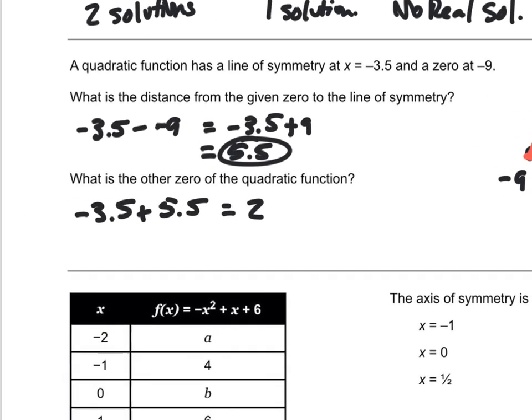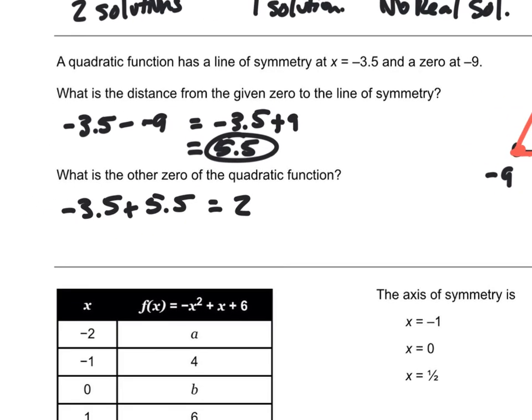So we would just say the other 0 is at x equals 2, or you could say (2, 0). Same thing. Okay. All right, so then,